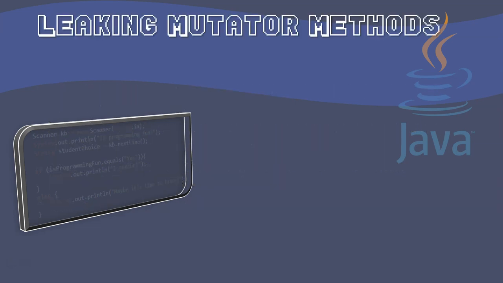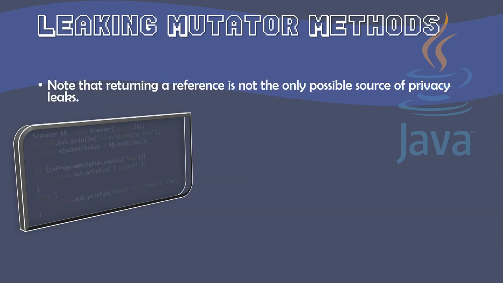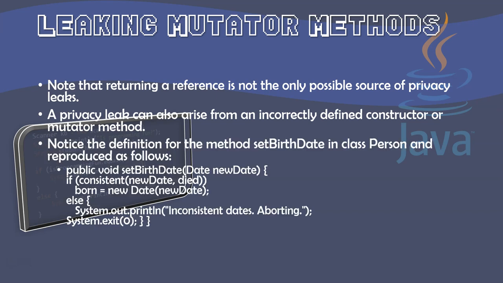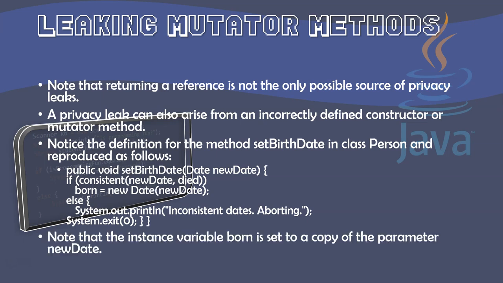Now, just like we have leaking accessor methods, we can have leaking mutator methods. Note that returning a reference is not the only possible source of privacy leaks. A privacy leak can also arise from an incorrectly defined constructor or mutator method. So let's take a look at this method setBirthDate in class Person, reproduced as follows. public void setBirthDate(Date newDate) { if (consistent(newDate, died)) born = new Date(newDate); else { System.out.println("Inconsistent dates. Aborting."); System.exit(0); } }